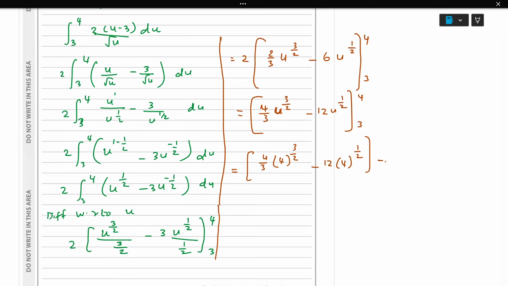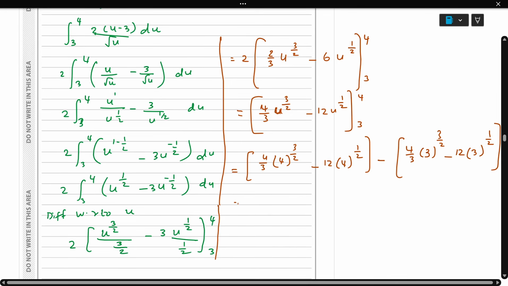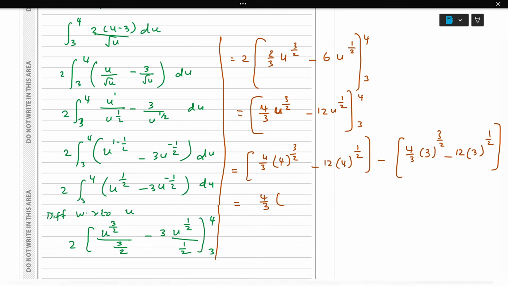So upper limit minus, we have to put the lower limit now, so 4 by 3 into 3 power 3 by 2 minus 12 into 3 power 1 by 2. So 4 by 3 of 4 power 3 by 2. Square root of 4 is 2, 2 cubed is 8, minus 12 into 2, which is 24,